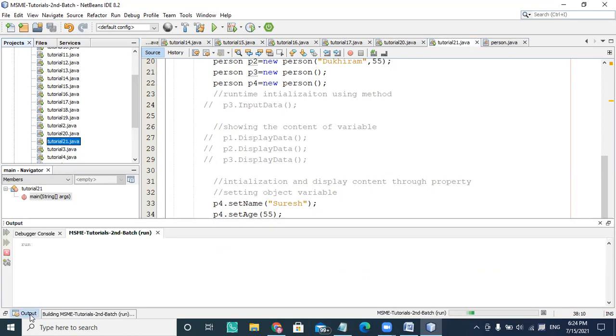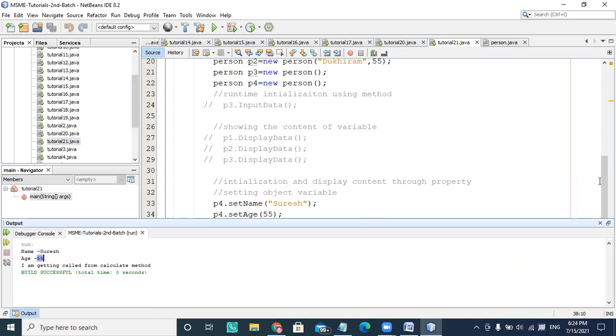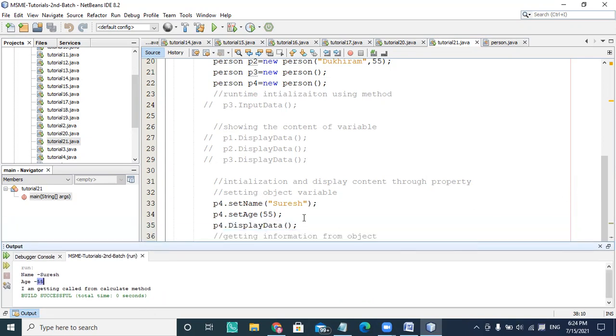If you look at the output here, the name is Suresh and the age is 55, whatever name I'm giving for p4. DisplayData is printing the name and age, as well as calling the calculate method inside it.